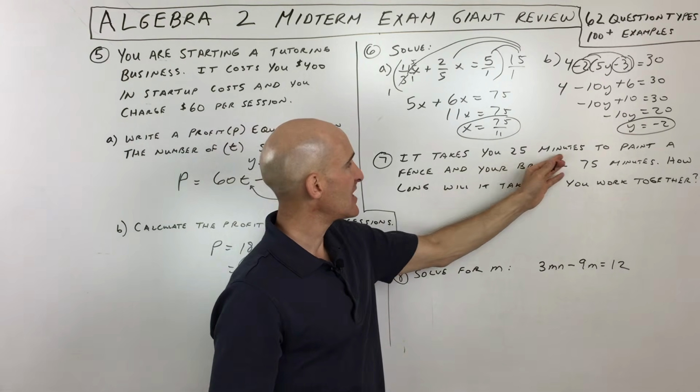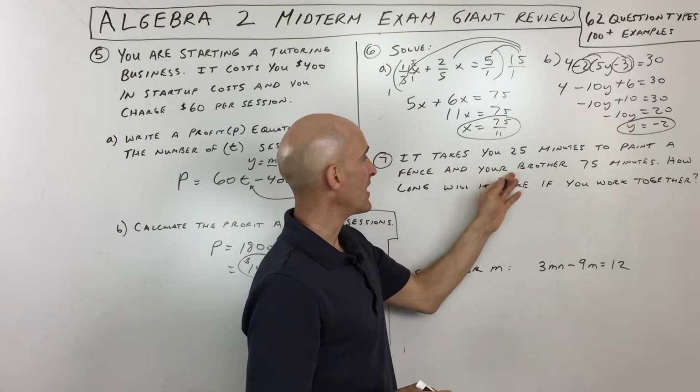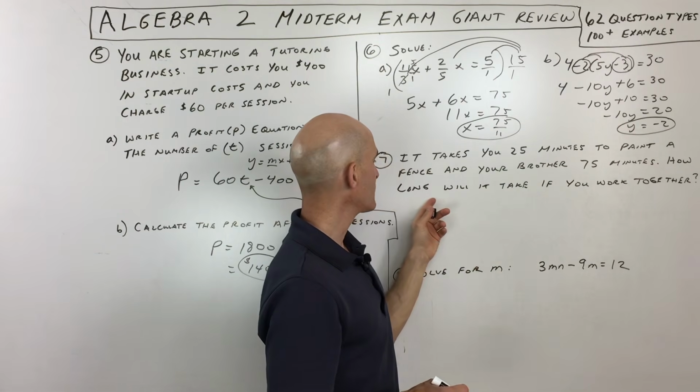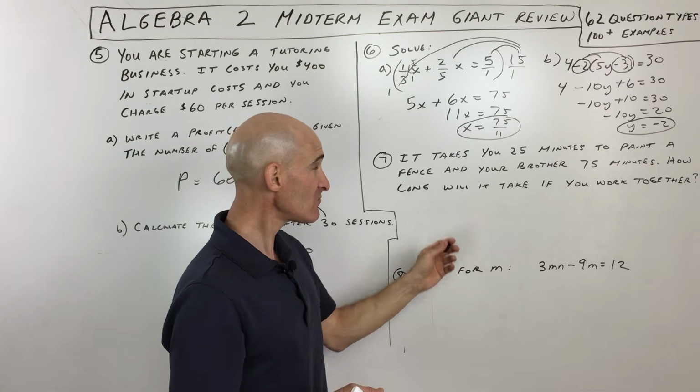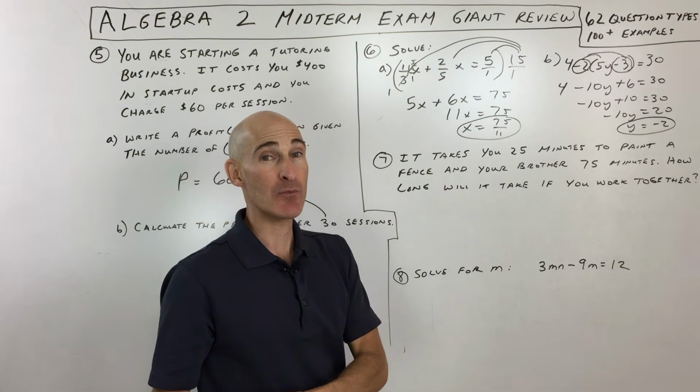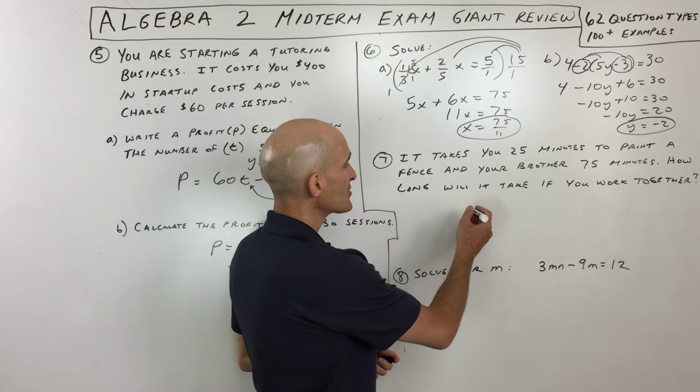So number 7 says it takes you 25 minutes to paint a fence and your brother 75 minutes to paint a fence. How long will it take if you work together? Okay, so teamwork, right? This is what they call a combined rate problem, okay? And the idea here is that